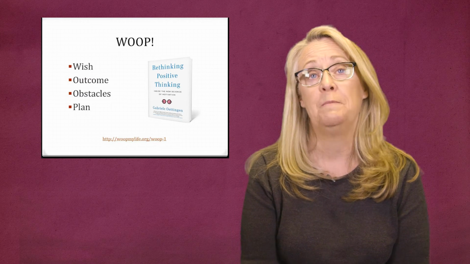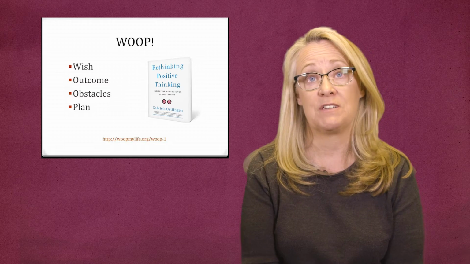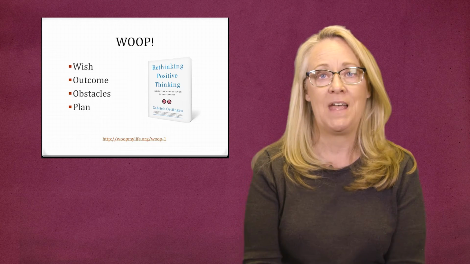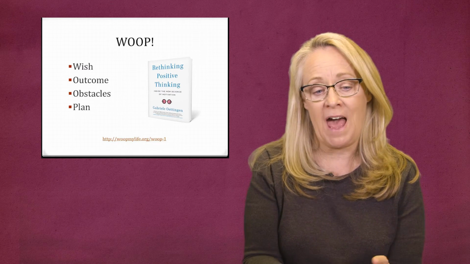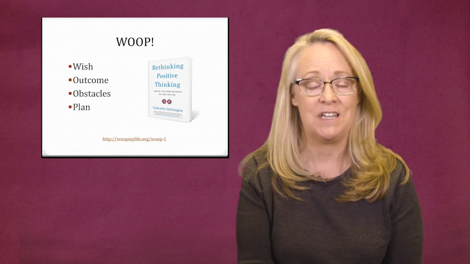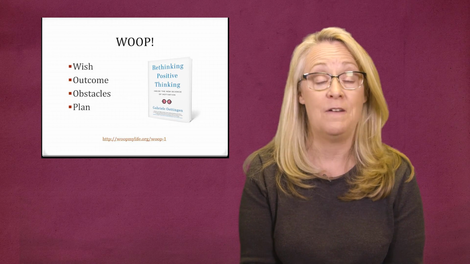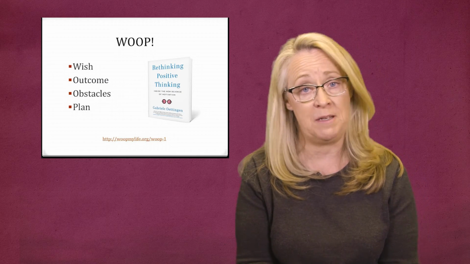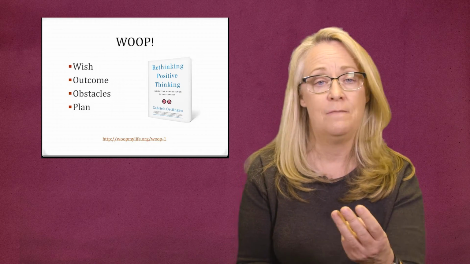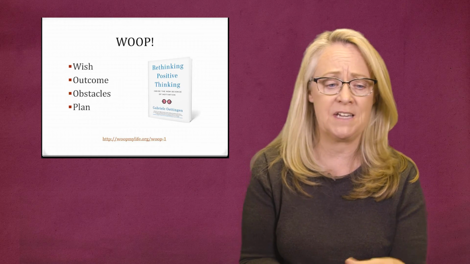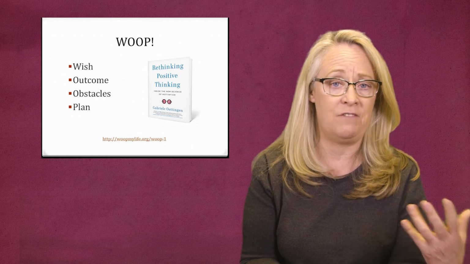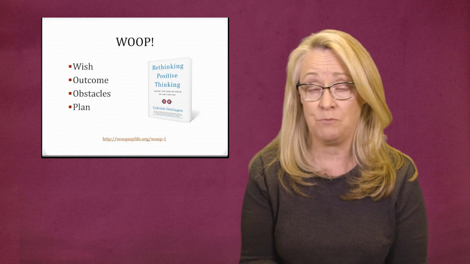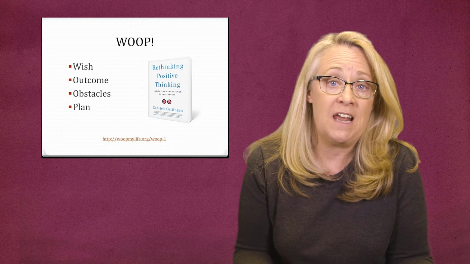So, WOOP is a fantastic process. There is a little website with an app that you can download to your phone. It's called WOOP My Life, and the app will actually walk you through the process of setting WOOP goals for yourself. The goals for your students might be connected somehow to achievement. They suggest 3 categories. One is connected to achievement or some kind of a learning goal. The other is connected to relationships, the improvement of relationships. And there's one that's connected to health.